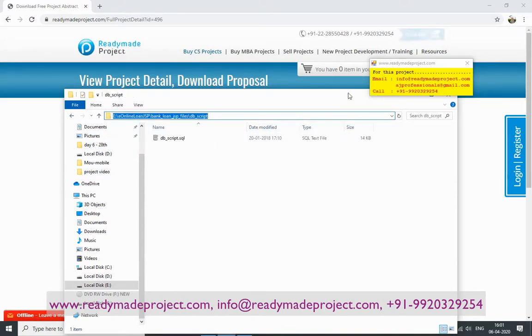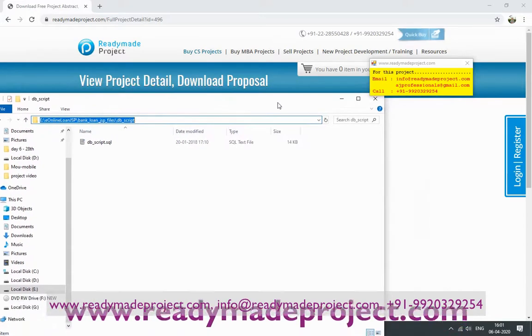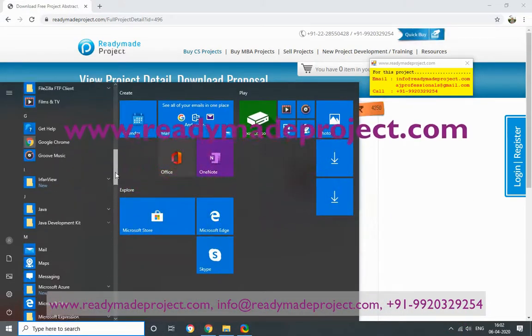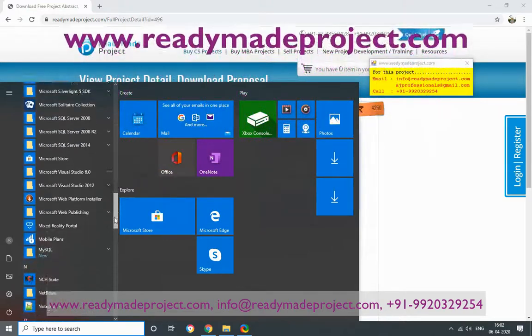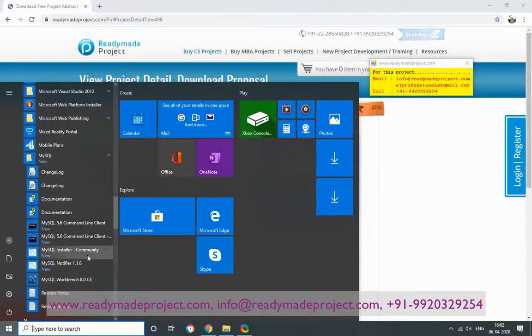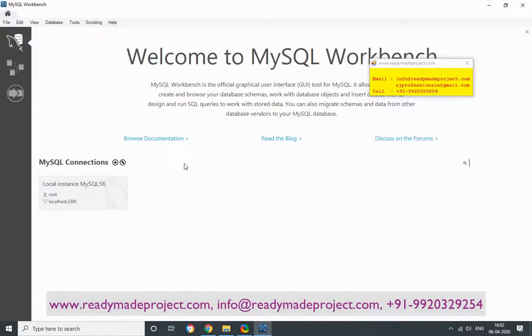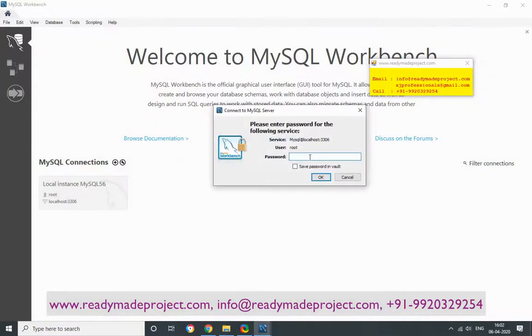For the database, we need to install MySQL Server and Workbench. I've already installed MySQL Server and Workbench. Now we will start Workbench to connect to the MySQL database and execute our database script. You just type your password, and once you connect